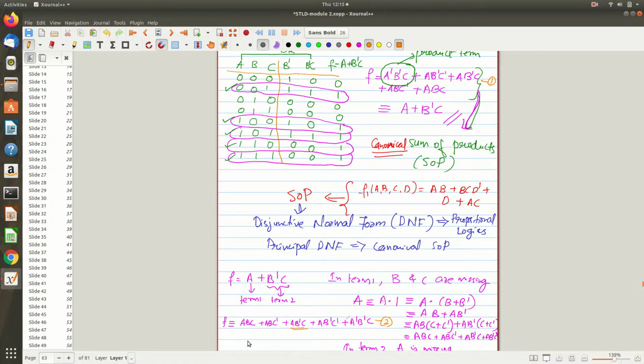So I just used 2 different ways of reaching that canonical sum of product term. So keep this in mind. Either you can depend on the truth table for finding the canonical sum of product, or you can expand the original expression by adding the missing term, with the logic that you simply multiply by 1, that is nothing but that variable plus its negation. I mean, that rule you applied. With that you are done.